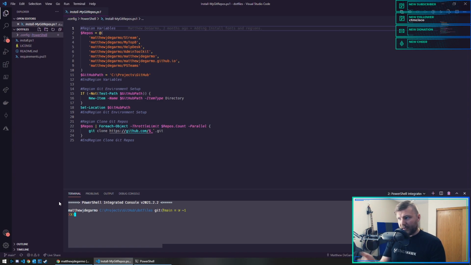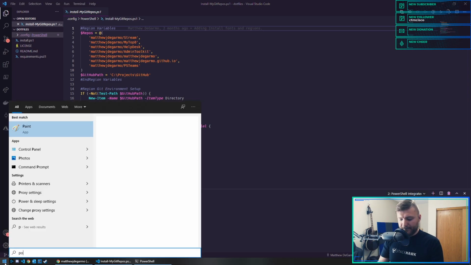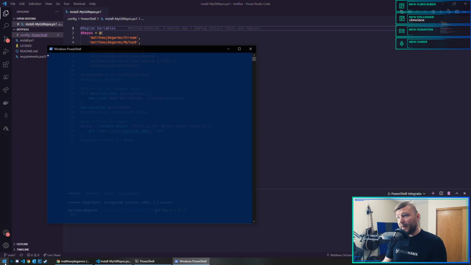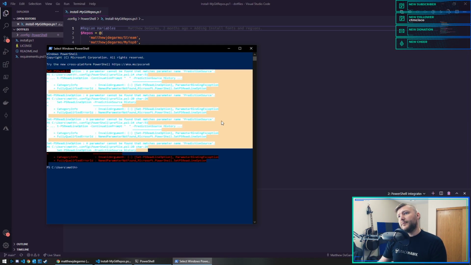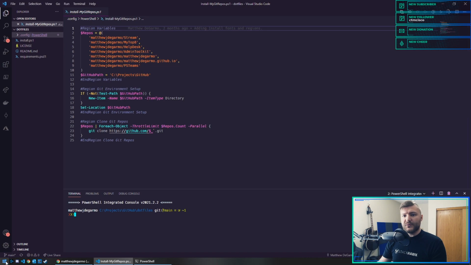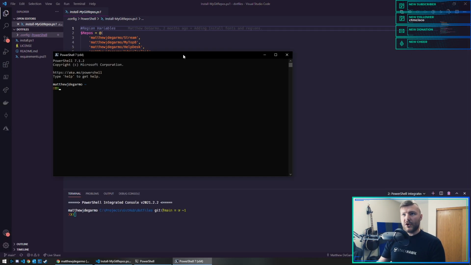PowerShell terminal here that I can interact with. So this is another host. VS Code has its own host. And then there's just the Windows PowerShell. This is another host. Yeah, broken stuff. That's cool because I don't use Windows PowerShell. And then there's PowerShell 7. This is another host. So